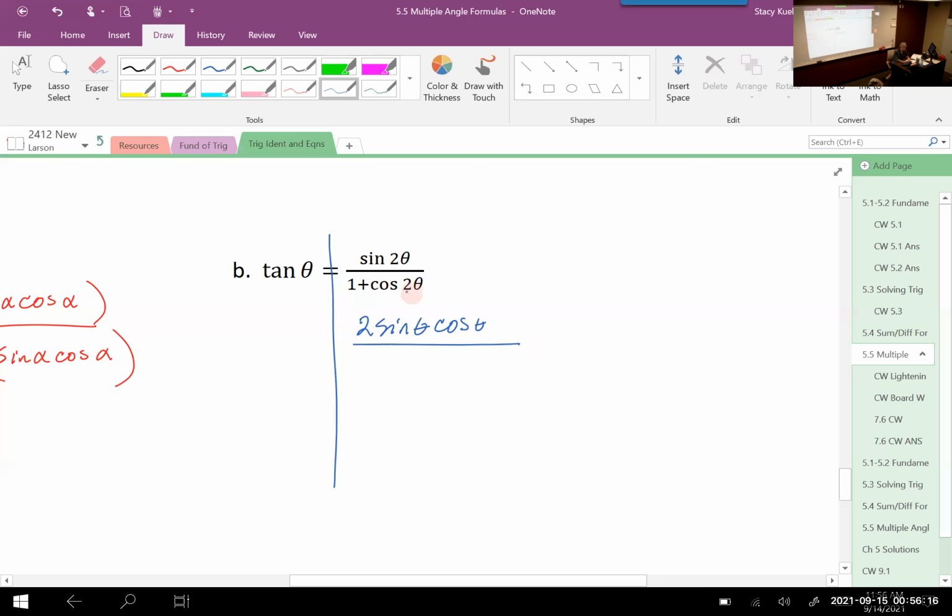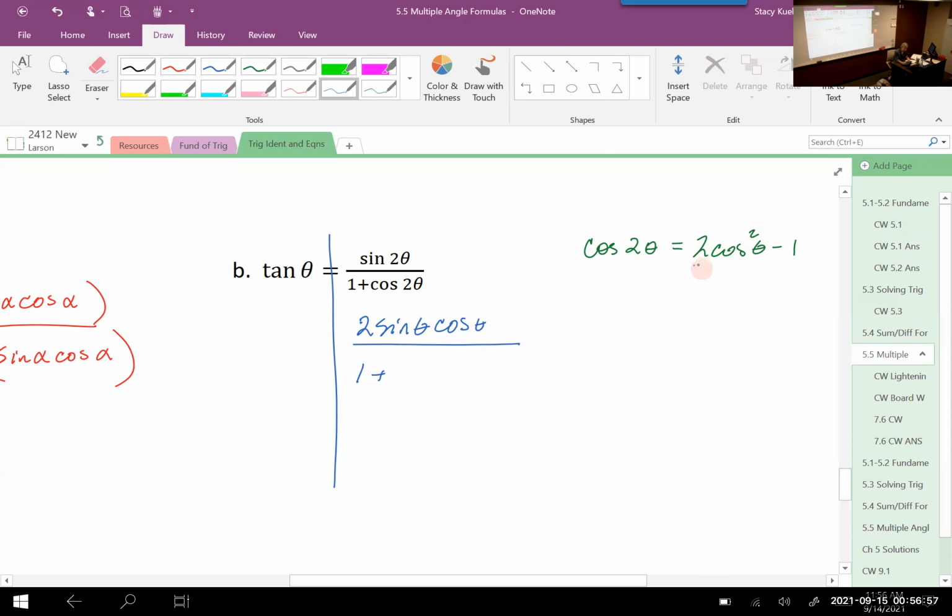And what is cosine of 2 theta? Cosine 2 theta, we have a bunch of different options on that one, don't we? Which one would be equal to these? Could we do 2 cosine squared theta minus 1? So how can you determine which one will be the easiest one to use? I believe I've worked this all 3 ways, but I'm gonna stick with just this one. Okay? So I have 1 plus